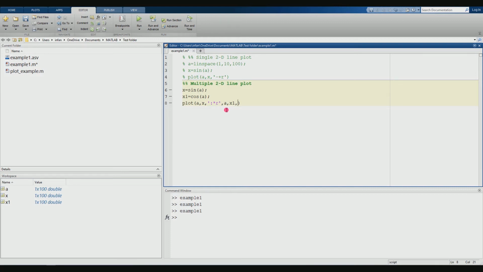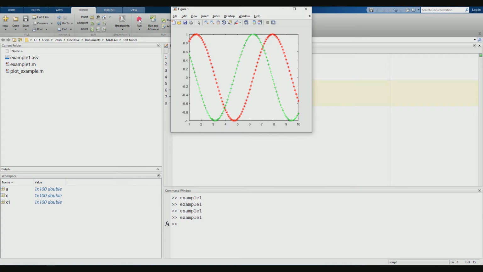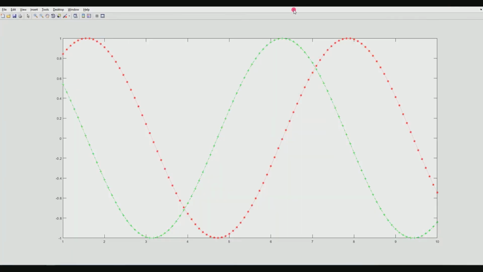Then let's specify the line specification for the cosine plot. I'm going to use a dash dot line. Then the marker will be plus, color is green. Now let's save the simulation, click run. You can see the markers are changed, the line style is changed, the color is changed.